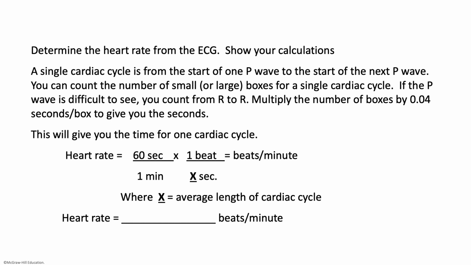To determine heart rate, you take what you got, and you know that there are 60 seconds in 1 minute, and 1 beat stands for 1 cardiac cycle. So 1 beat of the heart would be 1 cardiac cycle. So 1 beat would be over X, which is the value in seconds of that average length of the cardiac cycle that you found, again, by counting the number of squares from P wave to P wave or from R peak to R peak. So you'll basically take just the 60 seconds divided